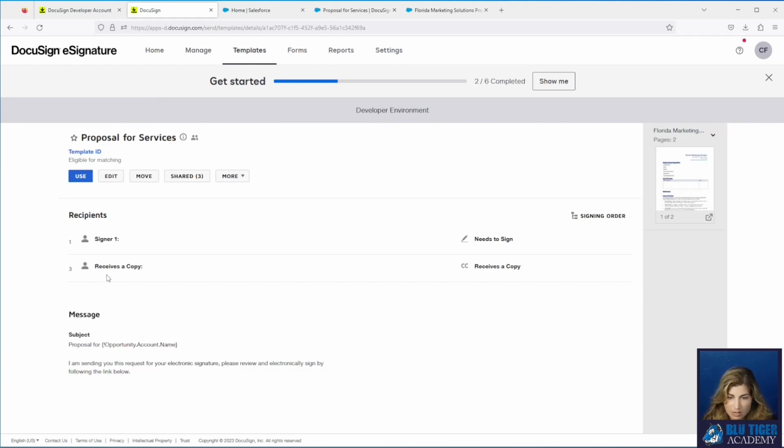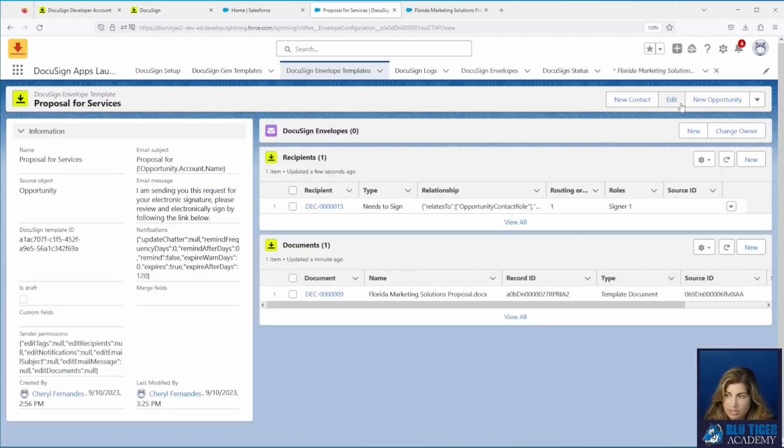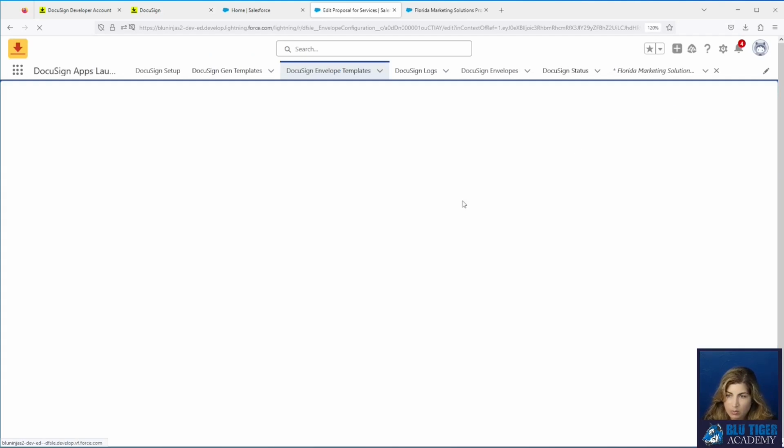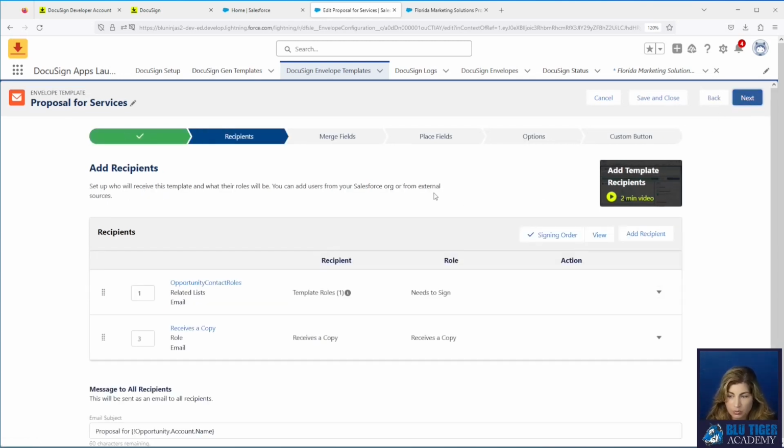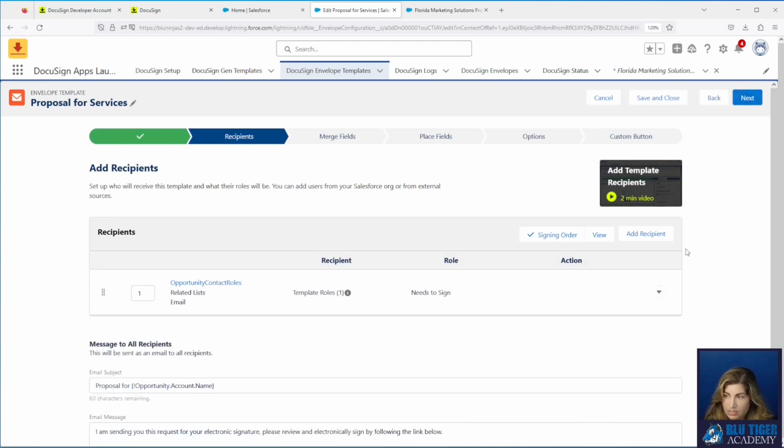So we can see that it was not deleted from over here, and that is because we need to be in our edit mode, and then it actually needs to sync down to DocuSign from this screen. So when you delete the record from Salesforce, nothing happens to make it update DocuSign. You actually have to go through these screens. So I'm going to delete this from here.